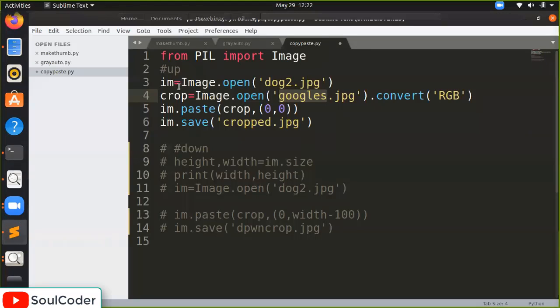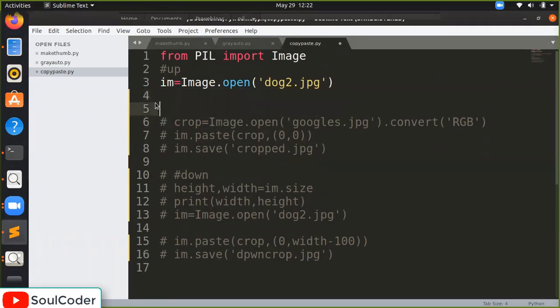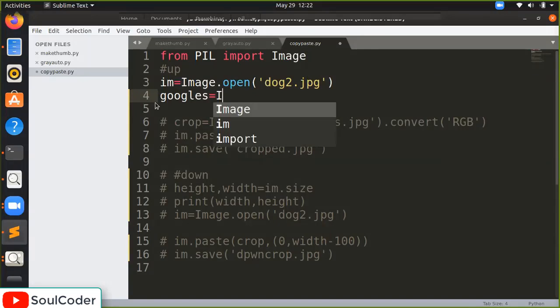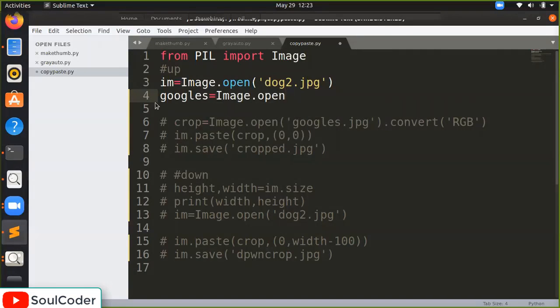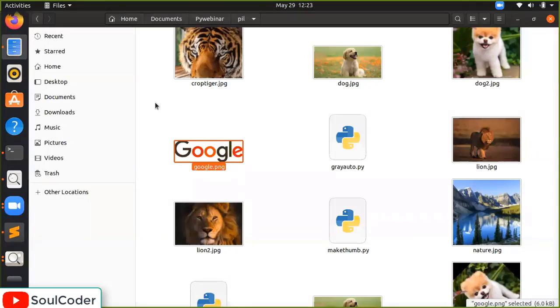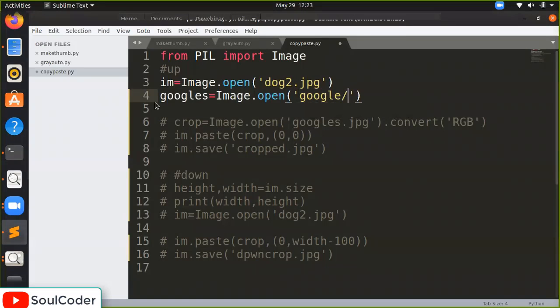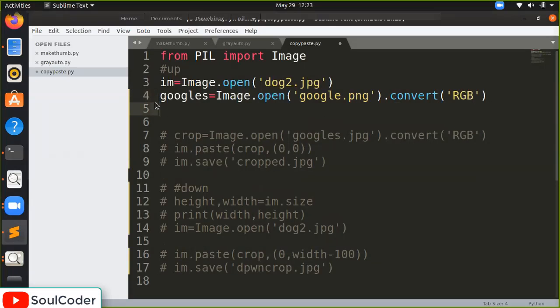or maybe we can convert it. So how will we convert it? I am going to do this thing again. What exactly I am going to do is google equal to Image.open, and I am going to pass google.png over here, and convert into RGB because it is a PNG image and we want to save it in JPG format.